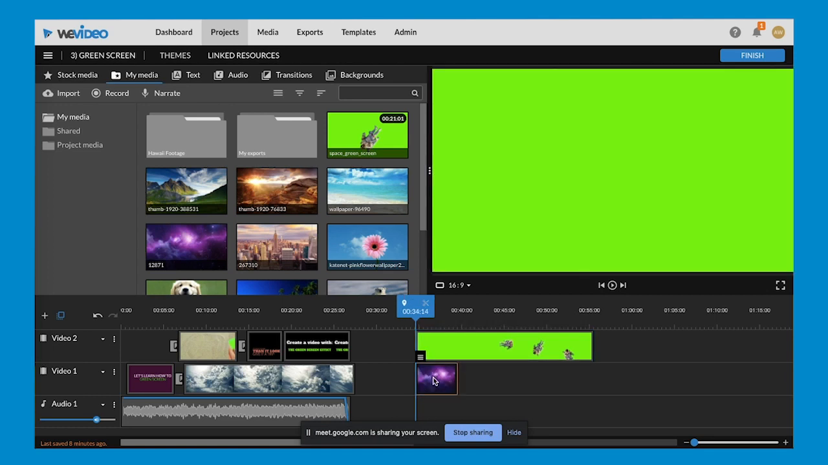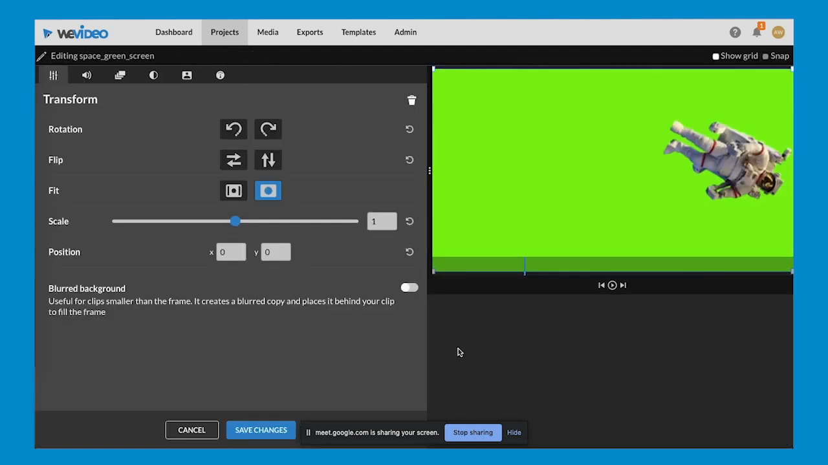When you have a green screen clip, you want to make sure that the green screen is in the layer above and the image you want replacing the green is below. So when I click play, you'll notice that the astronaut is just floating in green because I haven't applied the green screen effect yet. But when you double click into the green screen clip,